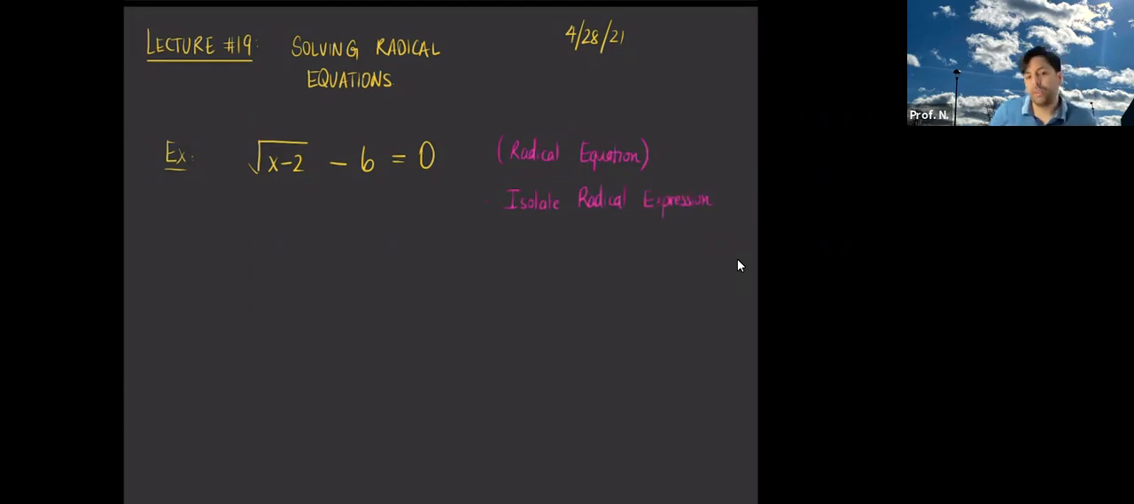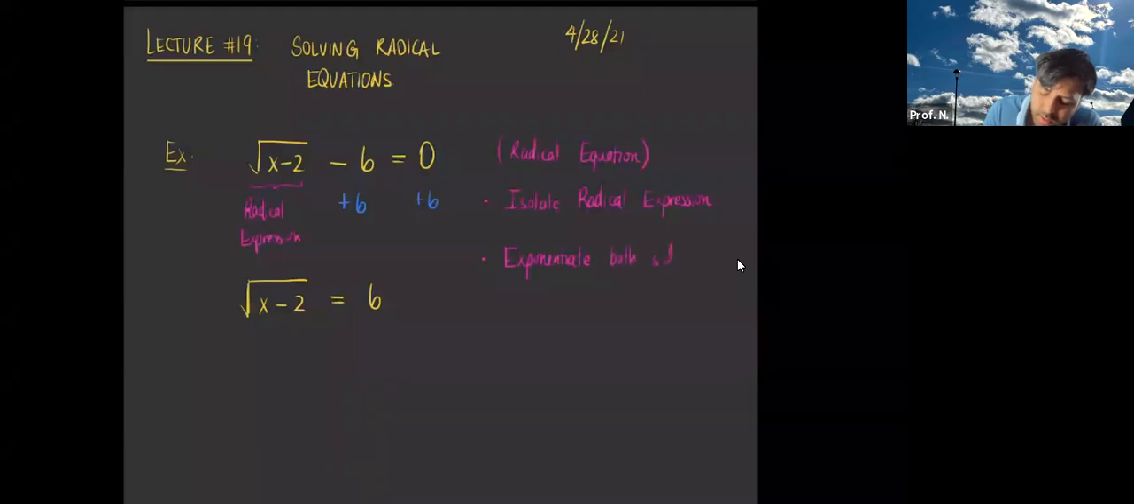So what does it entail to isolate a radical expression? Well, this is my radical expression, and I want to get it by itself. So I have to add the 6 on both sides to get it by itself. When I do this, the square root of x minus 2 equals 6. And then once I isolate the radical expression, I need to exponentiate both sides of the equation